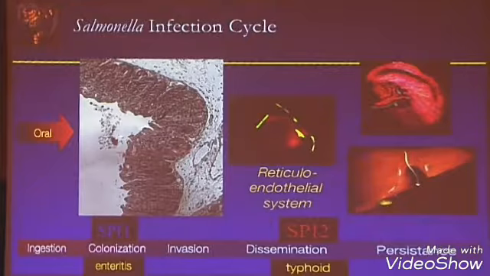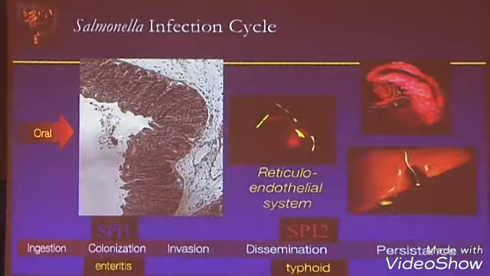Okay, so now I want to turn to the concept of let's talk about Salmonella and what's known, and I want to show you that basically I think we kind of got it wrong a little bit, and maybe we need to rethink how we actually think about Salmonella. So when Salmonella comes in orally, it's acquired, it's ingested, it's then able to penetrate the intestinal epithelium. And I've just told you the invasion of these cells is really dependent on the SPI-1 type 3 system. And we know that, there's data to show it.